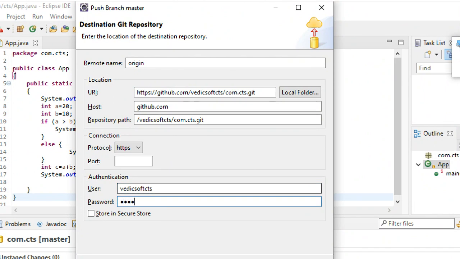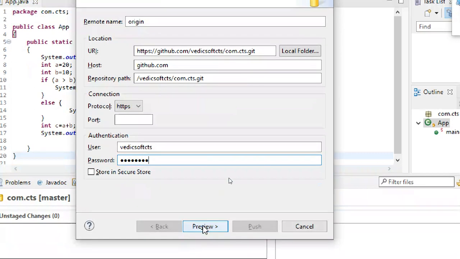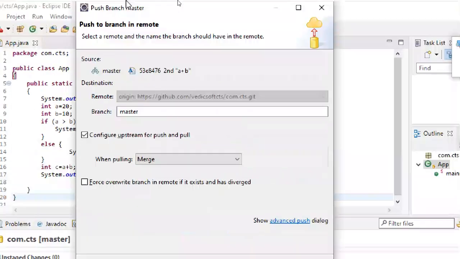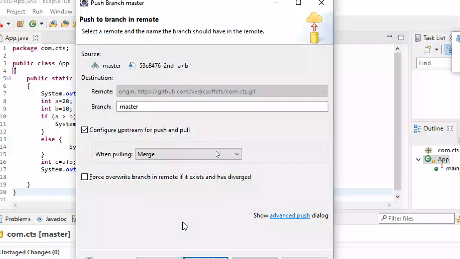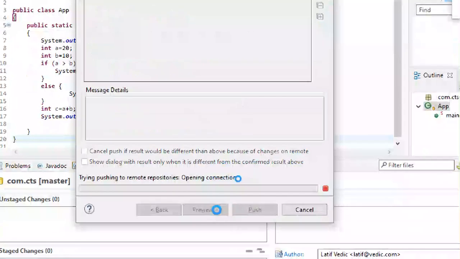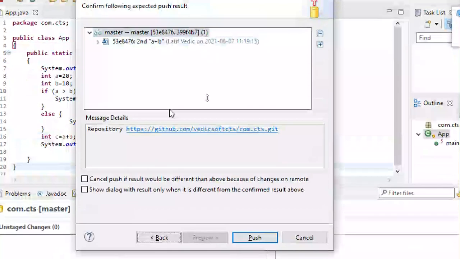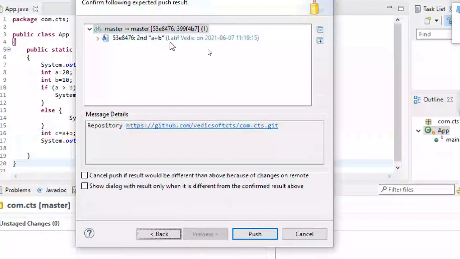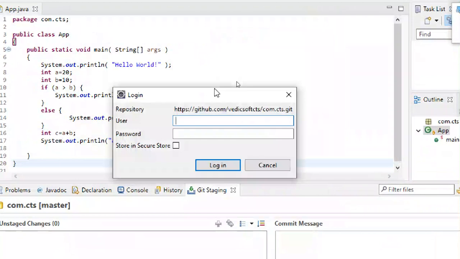I know the password, and I gave a password to you. So then preview. Okay, something like this. So only that is changed, right? So that's why it is showing like that. Push. Why is it asking?